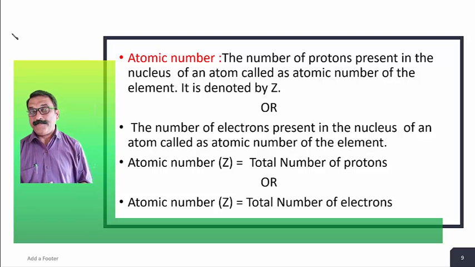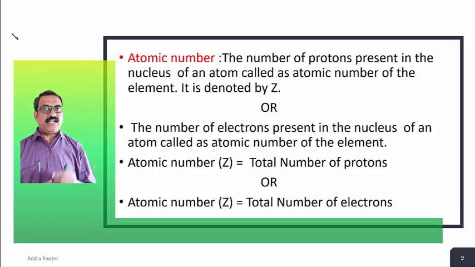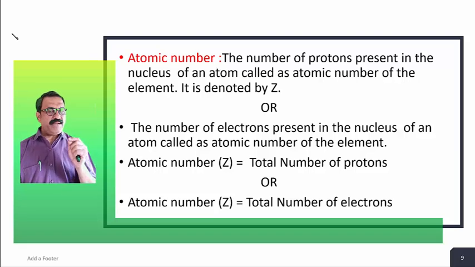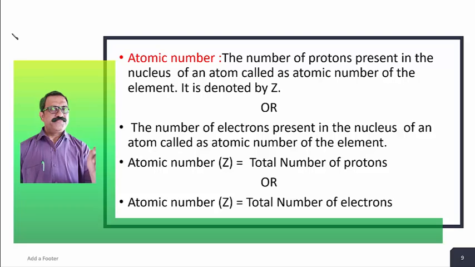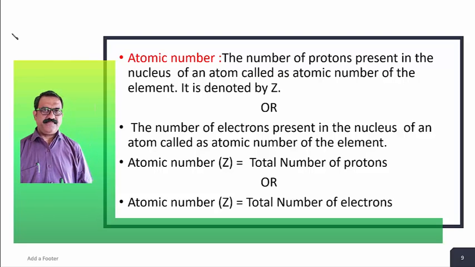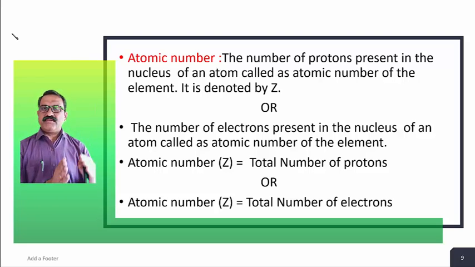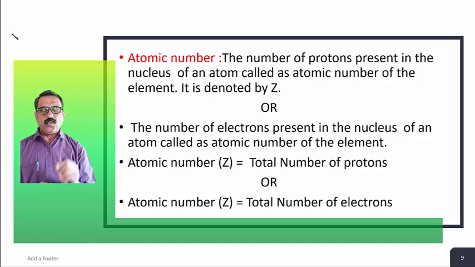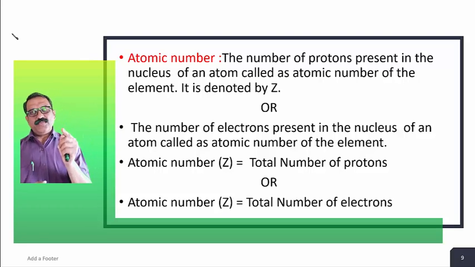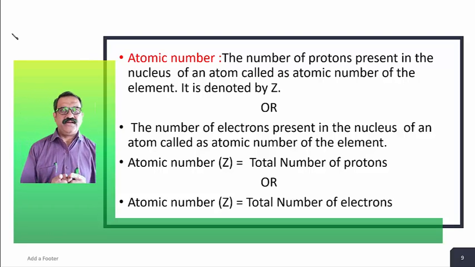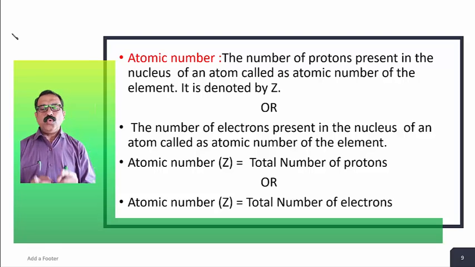For example, sodium 11. Atomic number 11 means a sodium atom contains 11 positively charged protons inside the nucleus of a sodium atom. And hence, its atomic number or capital Z is equal to 11. Helium 2. 2 is the atomic number of helium, that is, a helium atom contains 2 protons inside the